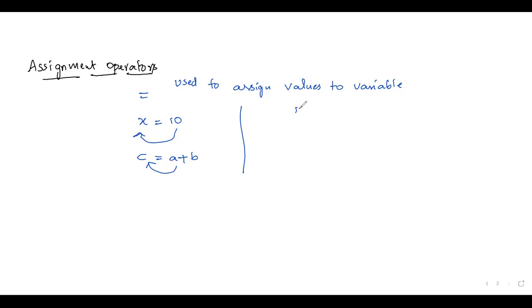But here, a value cannot be assigned to an expression. It will give an error, because an expression should not be assigned a single value. This will be considered a semantic error.